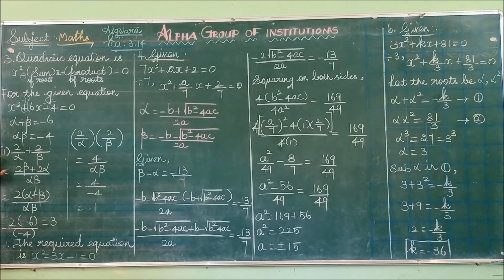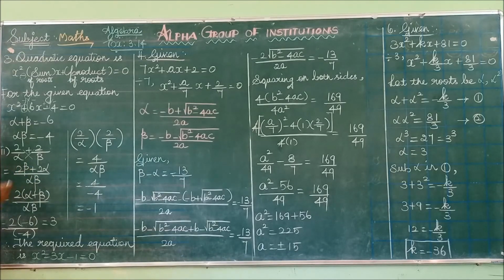So now I am solving the second subdivision only. Look at the second subdivision: 2 by alpha plus 2 by beta. Both the denominators are different, so use the cross multiplication method. So 2 into beta is 2 beta. 2 into alpha is 2 alpha. In the center is this plus sign. So you multiply the denominators, alpha beta. From these two terms I have taken 2 as common.